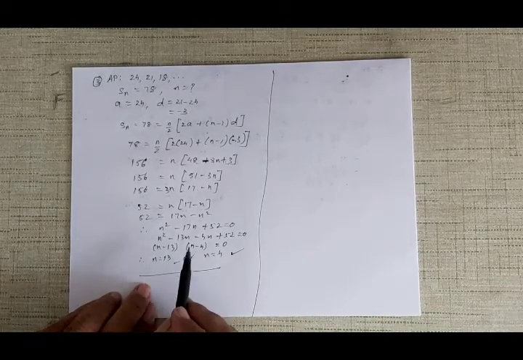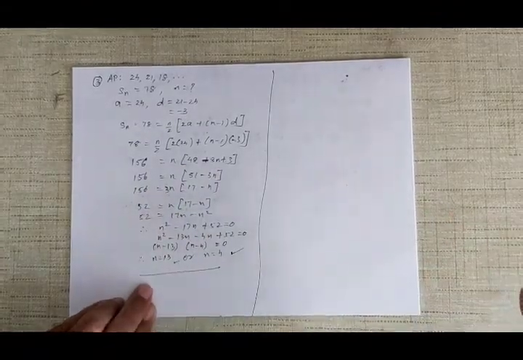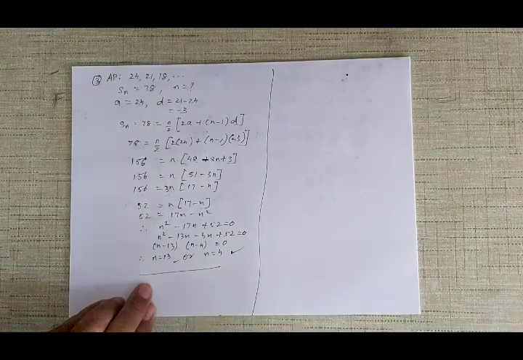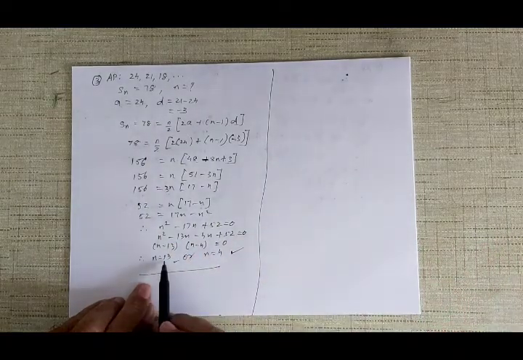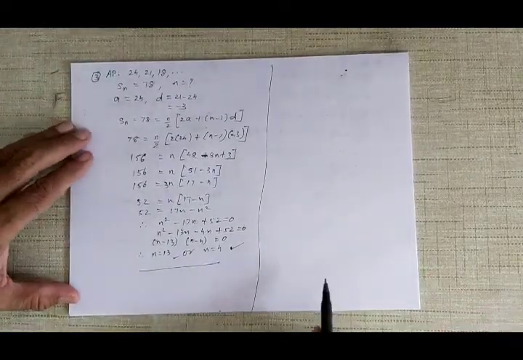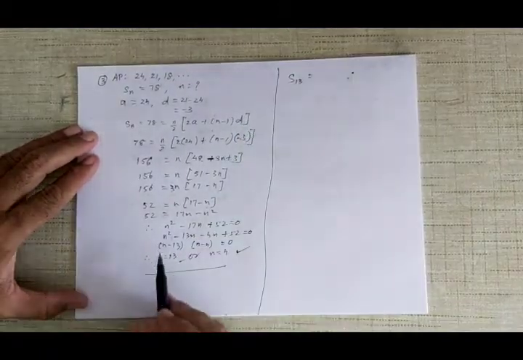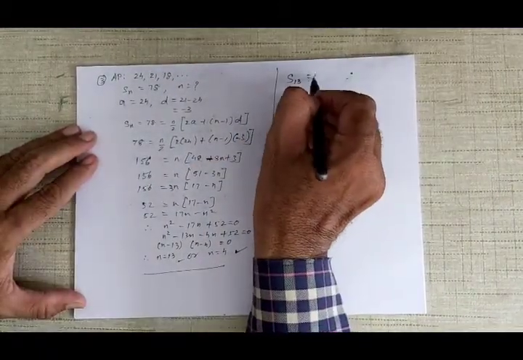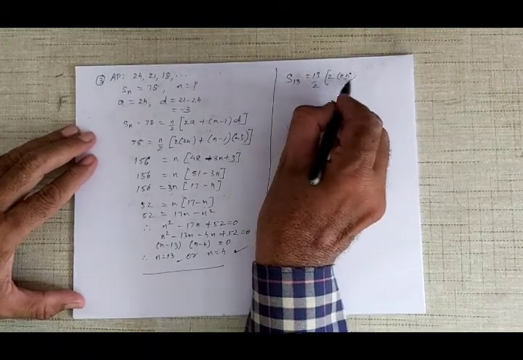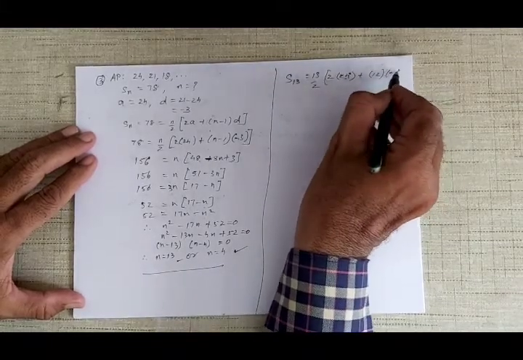But in this case only, because you see d is equal to -3, it can go on adding and subtracting. For example, -3 and +3 will subtract and cancel, -2 and +2 cancel. So with n is equal to 13 and n is equal to 4, both are possible. If you want to confirm this, look, I will confirm it. I find s of 13. Okay, s of 13 will be n by 2, 13 by 2 into bracket 2 into a, 13 minus 1 will be 12 into d is -3.